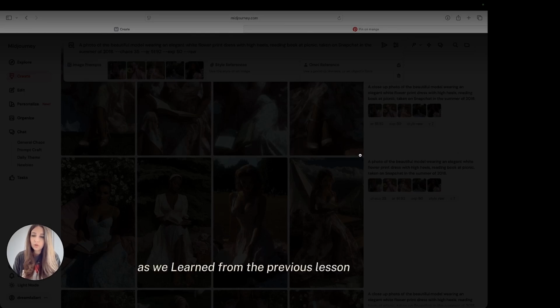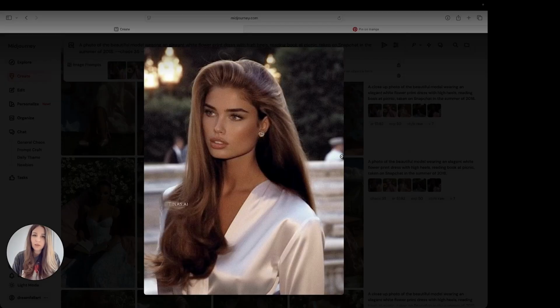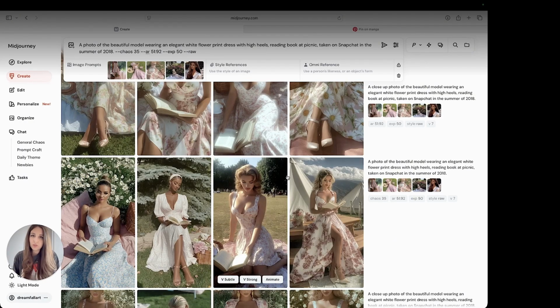As we learned from the previous lesson, I added some image references and a close-up face of absolutely gorgeous models, so that Midjourney would understand that we need a beautiful woman, even though we write it in the prompt, and we are doing this in the image prompt as well.